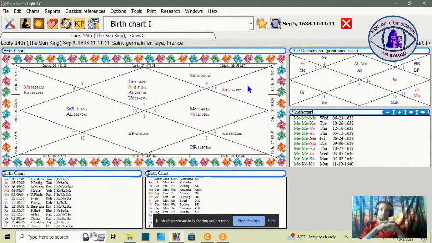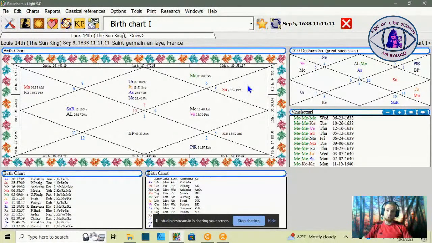So first off, we can see he is going to be a Libra ascendant, Libra Lagna, in the nakshatra of Vishaka. Now, he also has Neptune in Vishaka, and then he has Jupiter in the first house as well, but it is in Swati nakshatra, and Uranus is in Chitra nakshatra. So all of the nakshatras that are represented in Libra are present in Louis' chart, and that's very interesting to note, because they're nakshatras that contain a lot of variance in the way they actually go about doing things.